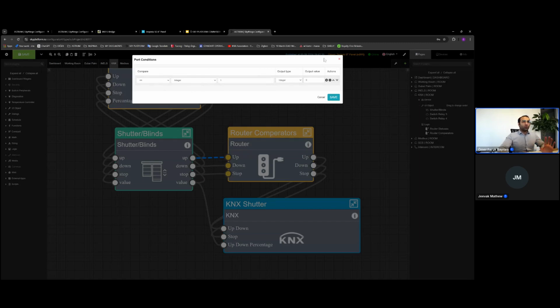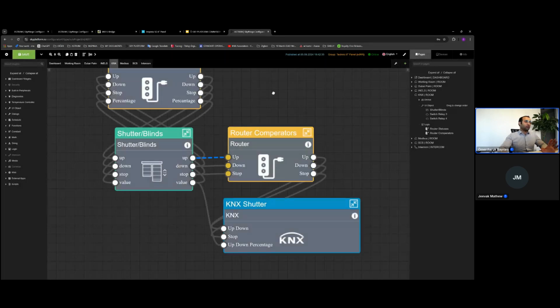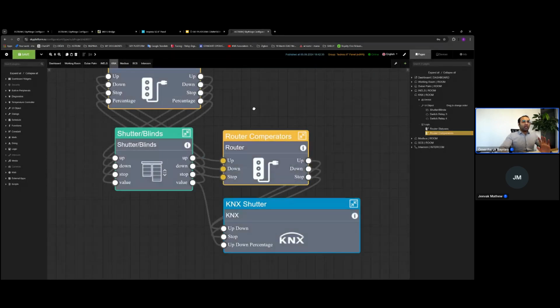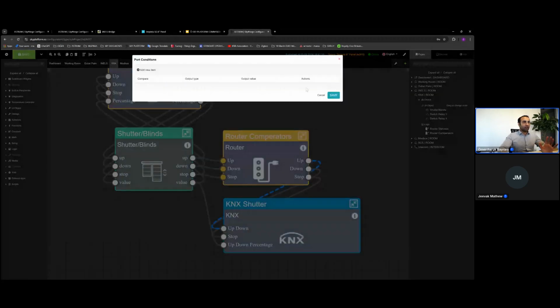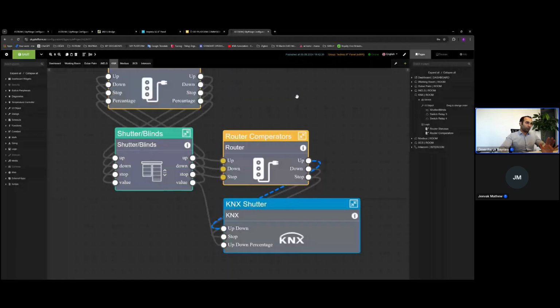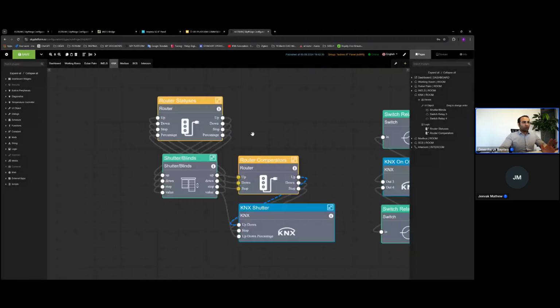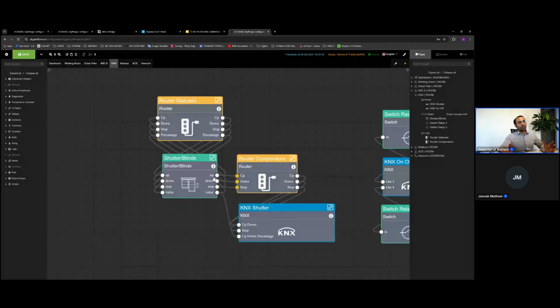So here is very useful. Every time I suggest you to use it. We can add a second comparator here, but no need for it now. That's why we are using these comparators. By the way, no need to use these router comparators every time. We can add it here as well. I just needed to give feedback back to UI directly, because you will remember, if you are familiar, already you know,